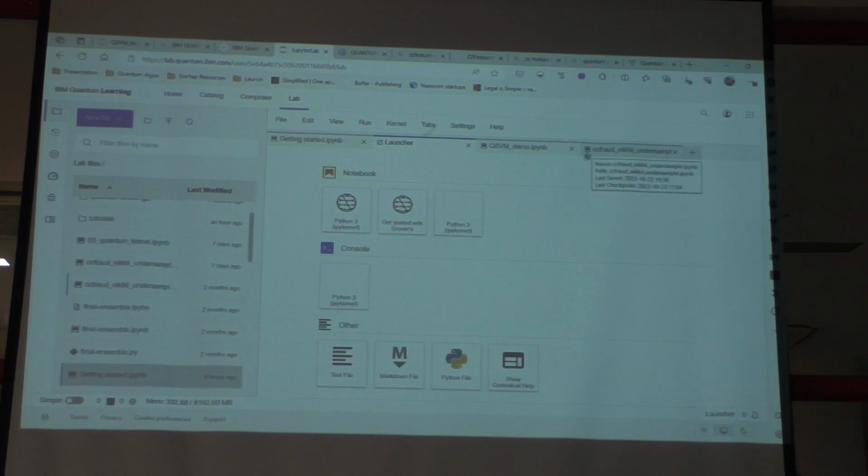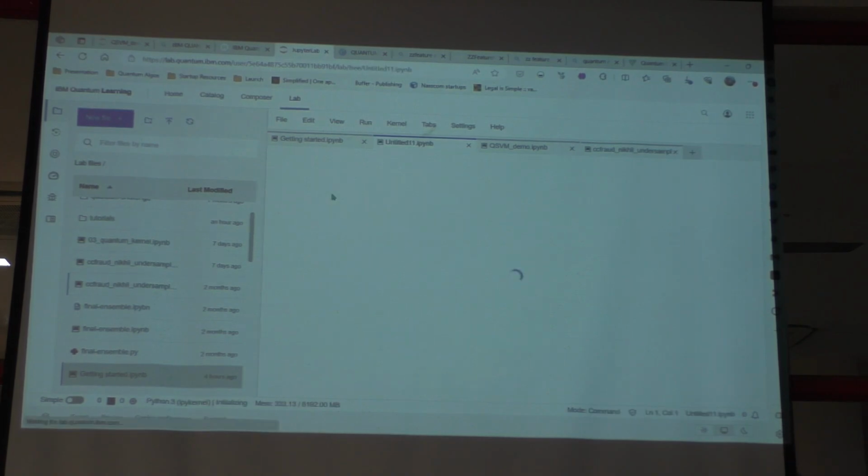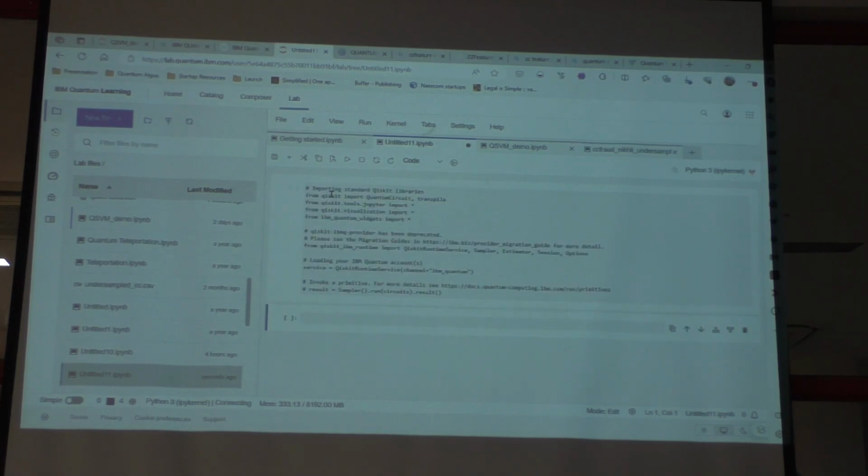Here, once you open, you will be looking at a tab like this, and you can start with the Python 3 kernel. Once it is connected, you will be able to see an interface like this.